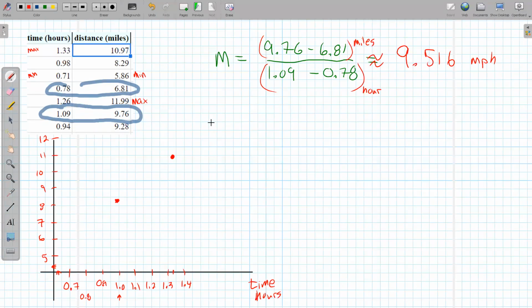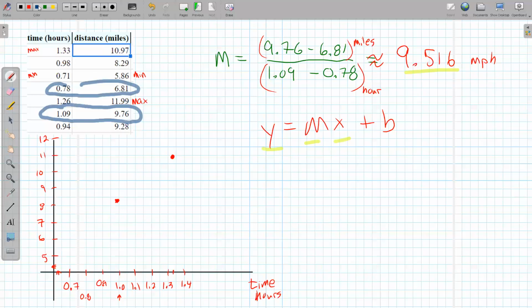To get the whole equation for the line, y equals mx plus b, I have to pick one of my points to plug in for x and y along with the slope I just calculated, and then I can find b. So maybe I'm going to pick this first point here, the 0.78.